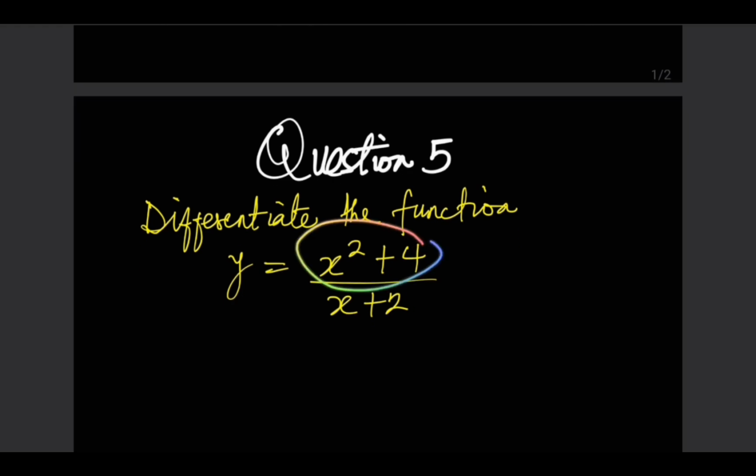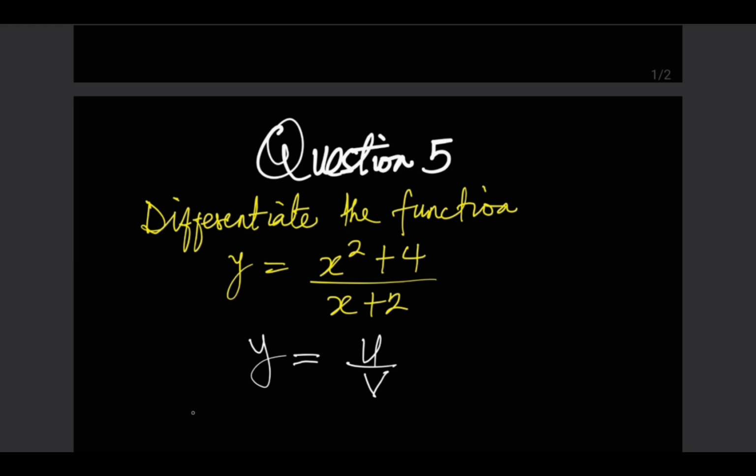Look at the expression: x squared plus 4 divided by another expression. The numerator is this x squared plus 4. The denominator of this function is x plus 2. Whenever we have one function divided by another and we want to differentiate, we can use the quotient rule of differentiation. Now, the quotient rule tells us that if we have y equals u divided by v, we will need